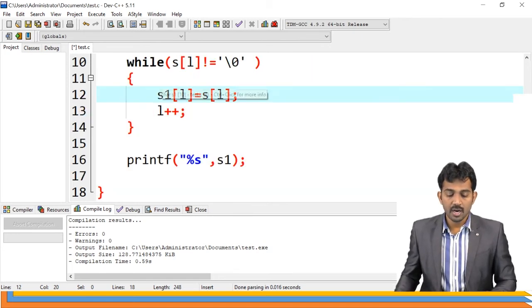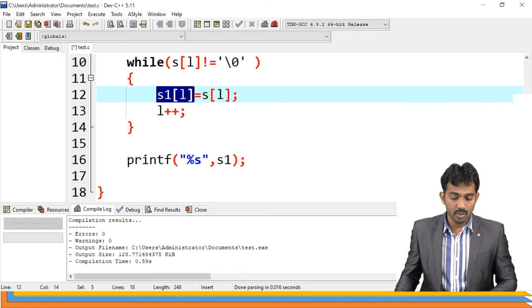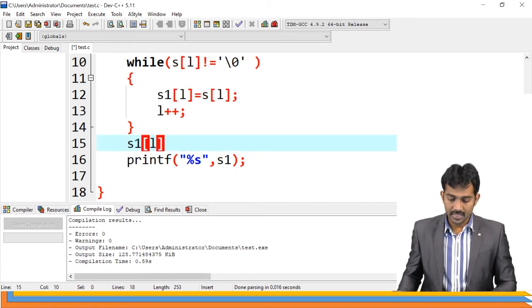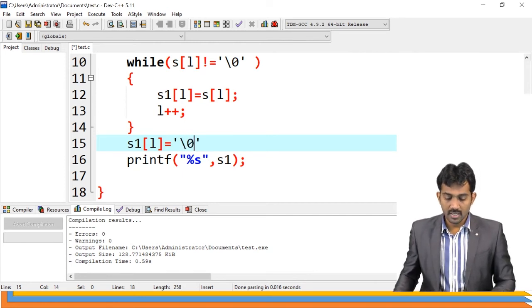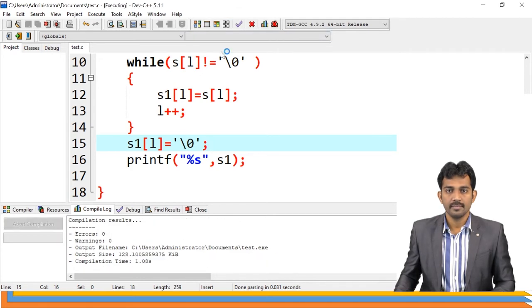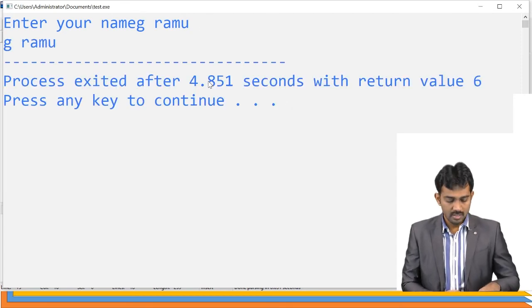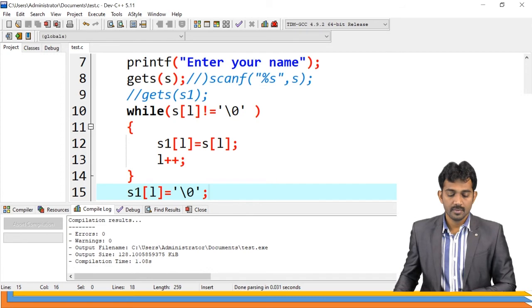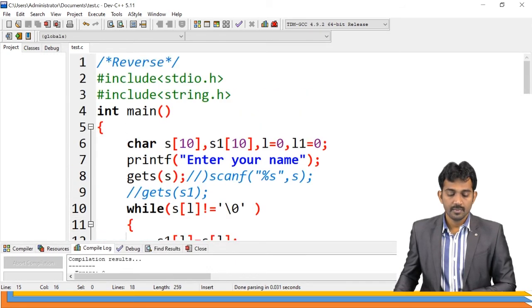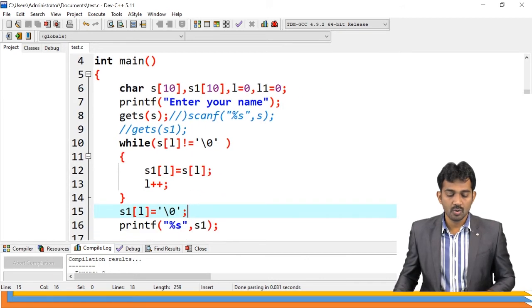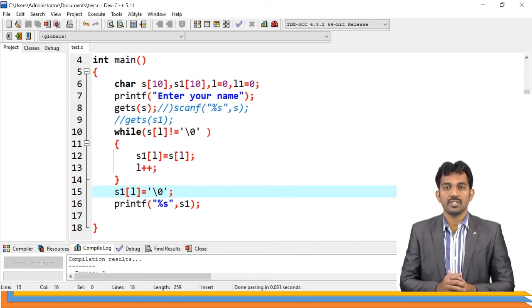But please remember, at the end you should include the null character because every string ends with the null character. Otherwise, you may get a problem. See, if you run this code, got it? Just a simple copying function. So this is the code for copying one string to another string.